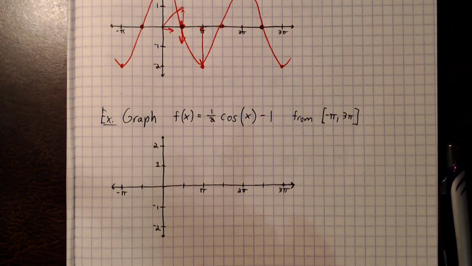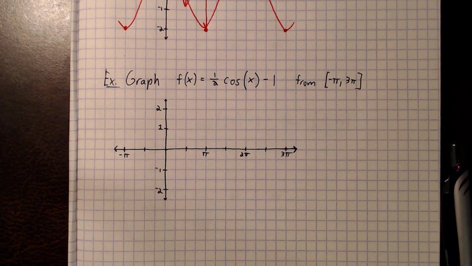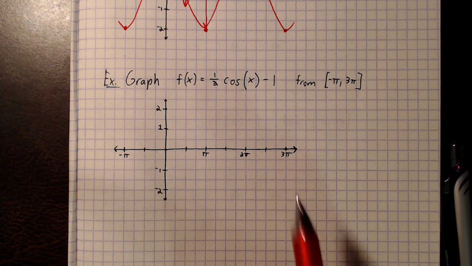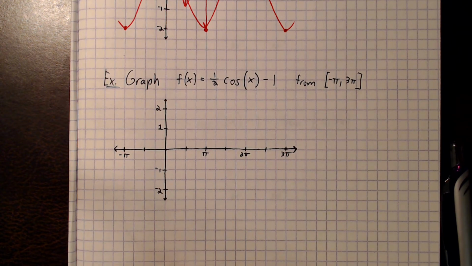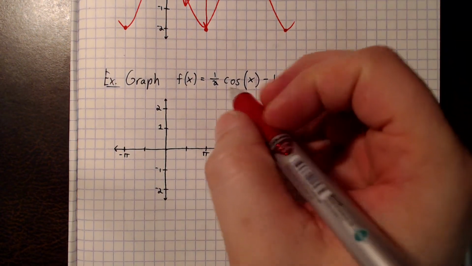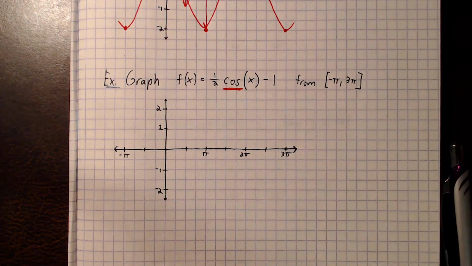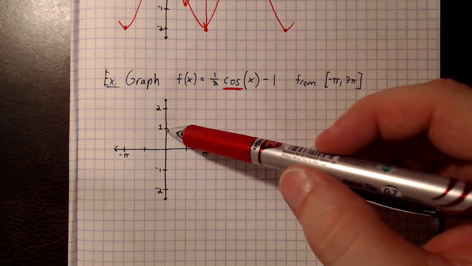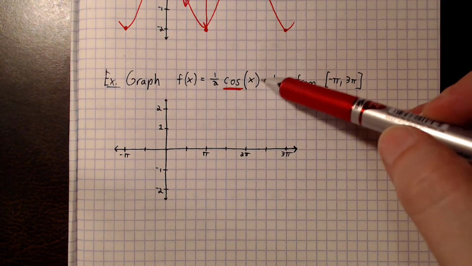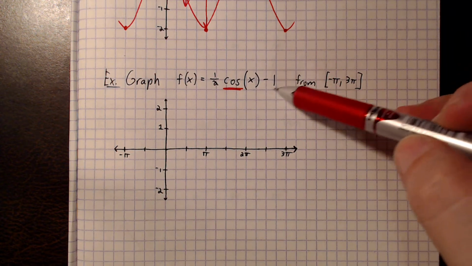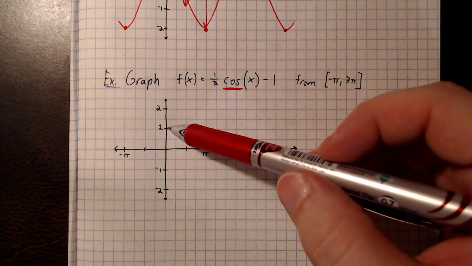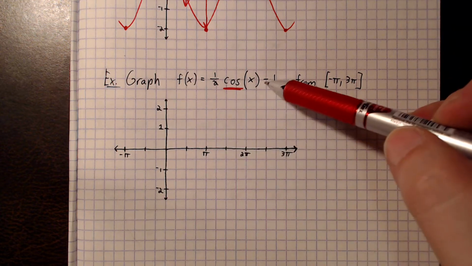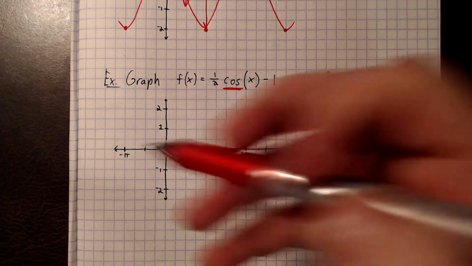I hope so. We've got another one to try, right? 1/2 cosine of x minus 1. Again, we're working in this window of negative pi to 3 pi. So let's deal with any kind of shifts first. Cosine, we know, starts at 1. But we have a vertical shift here of down 1. So if I usually start at 1 and I gotta go down 1, I'm gonna be down here